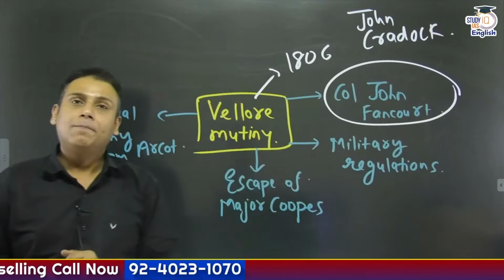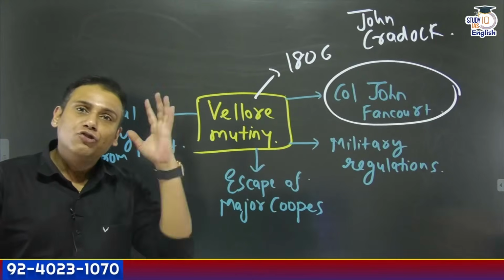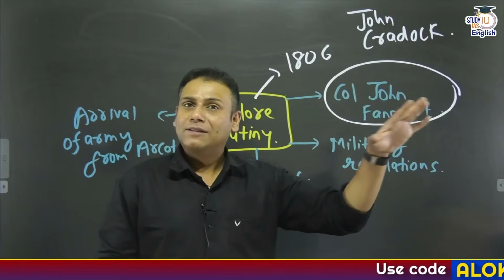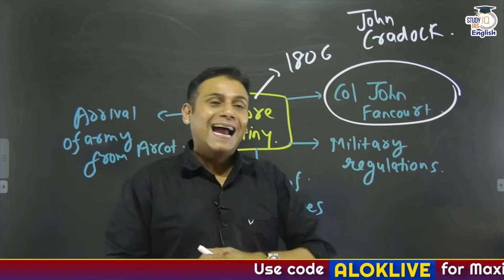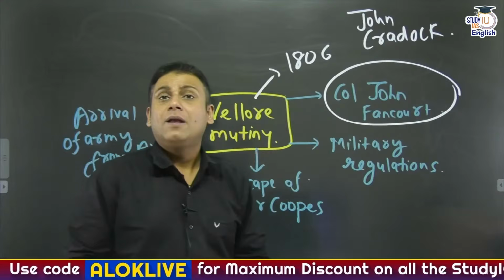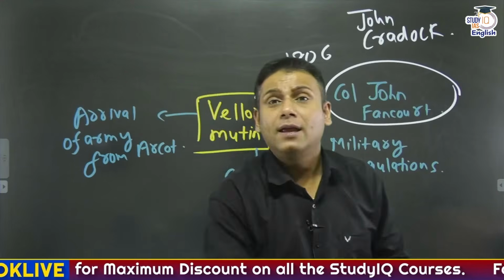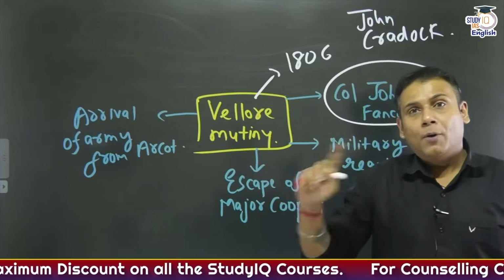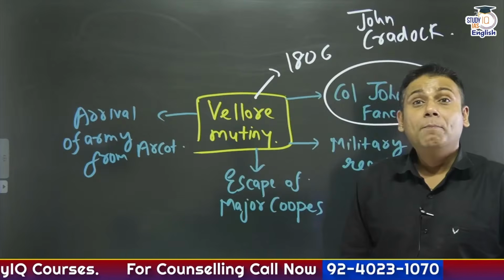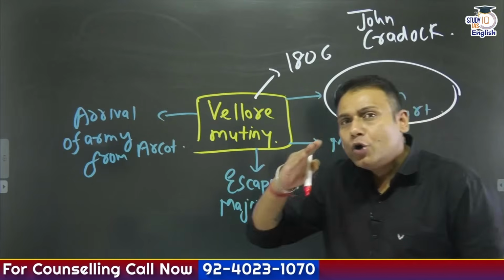On 10th July 1806, a field parade was planned of the entire Madras garrison. And at that time, John Fancourt asked all the soldiers of Madras Regiment that everyone tonight would be staying in the Vellore Fort, because next day we have a field parade. In the midnight, or 2 hours after the midnight,